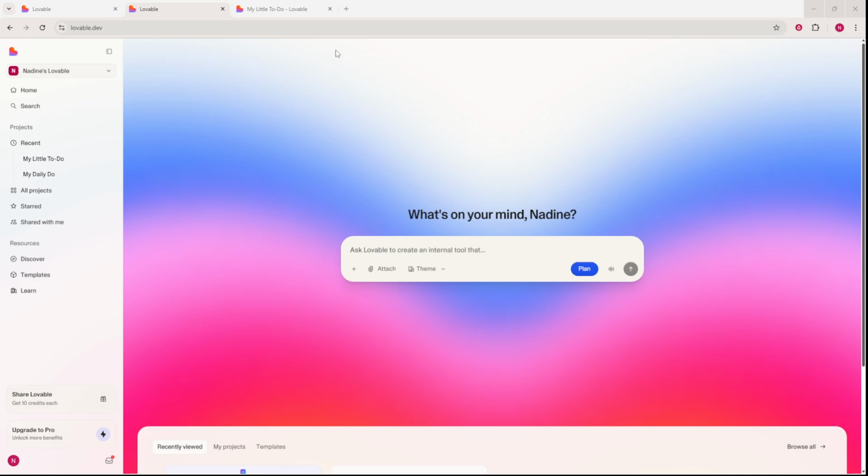First, log into Lovable AI. Head to the website, sign in with your account, and you'll arrive on the dashboard. This is your home base, where every new build begins and where your projects will be saved automatically for easy